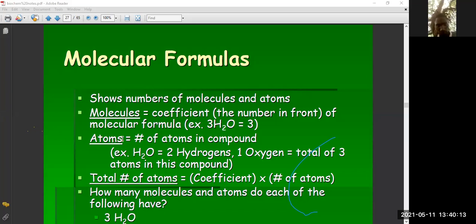Atoms is equal to the number of atoms of a compound. So, for example, water here, H2O is equal to 2 hydrogens, 1 oxygen, which is the total of 3 atoms in this compound. So the number